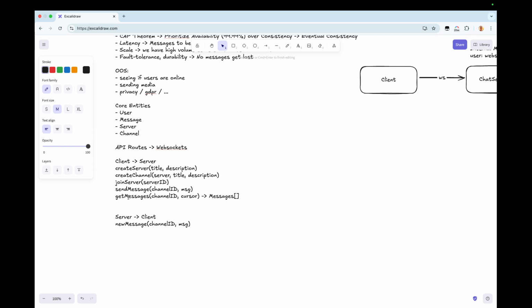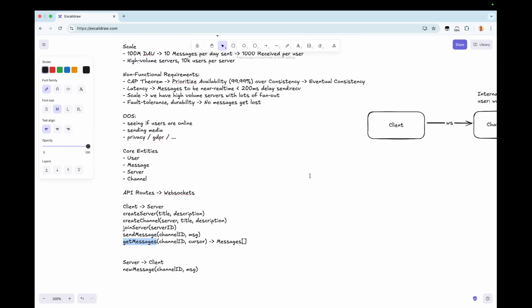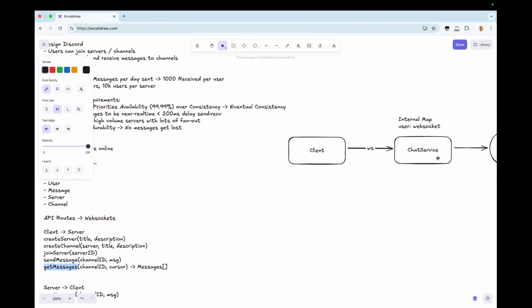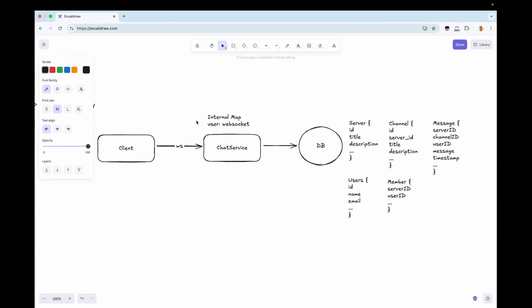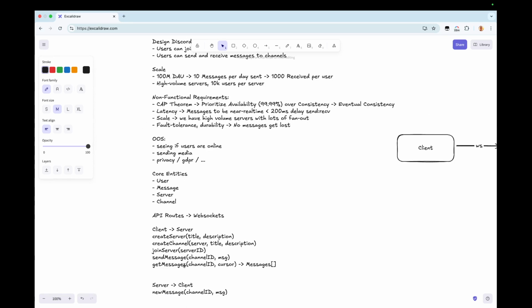Moving on a little bit faster now. For get messages, the client will call get messages with a cursor. We can do a query on our database for all of the messages. This is when the user was offline for a period of time and they're reconnecting to the server. They will call get messages for this channel ID, maybe when they open that channel in Discord or whatever, we would just want to do a quick fetch